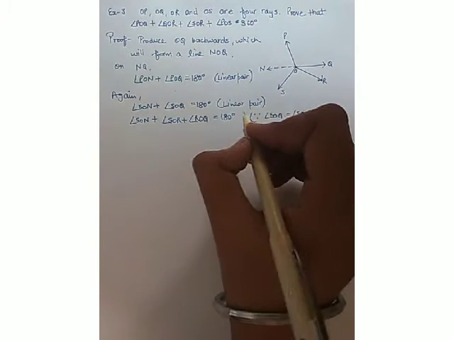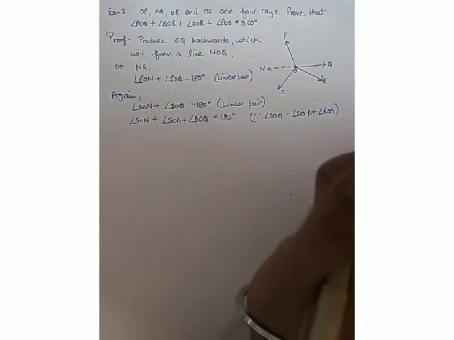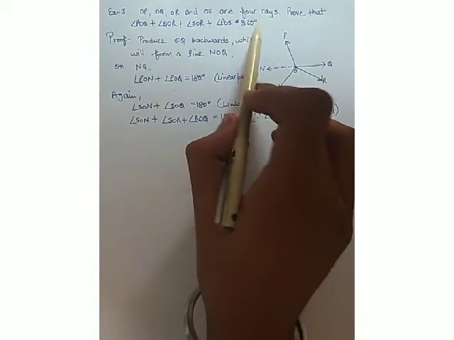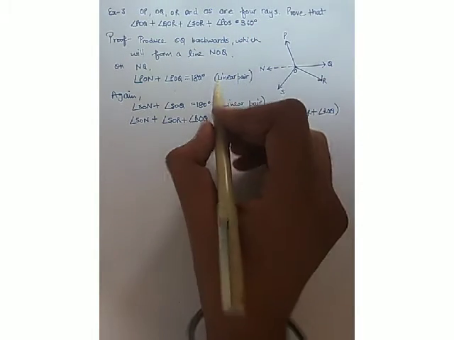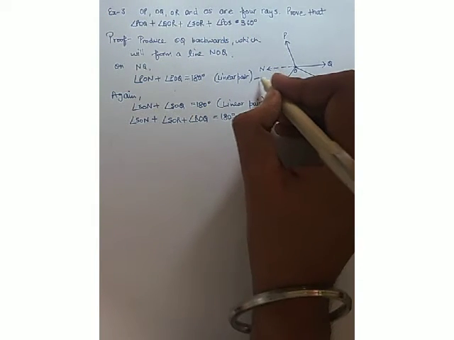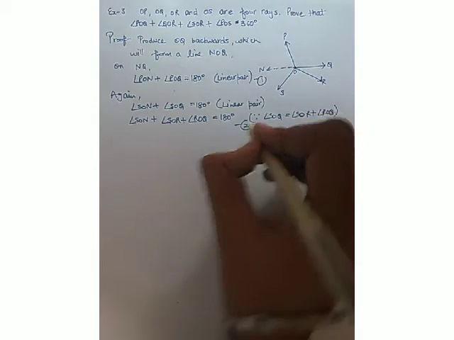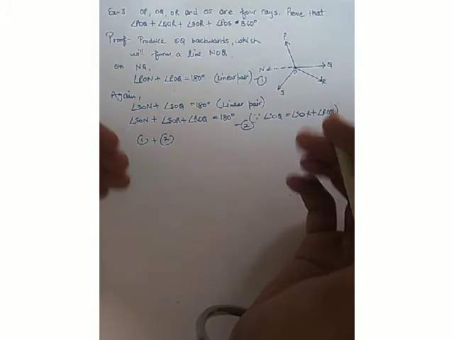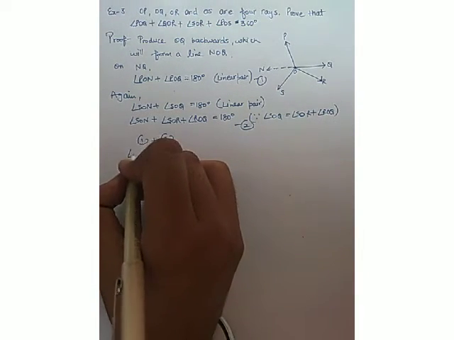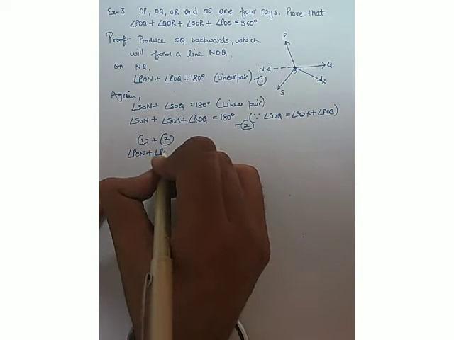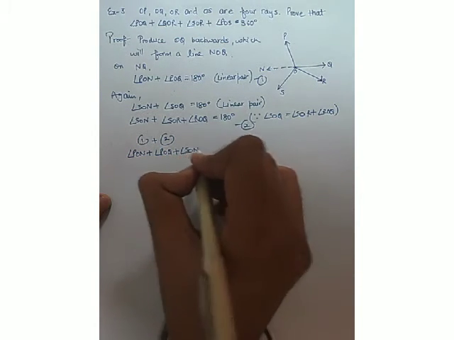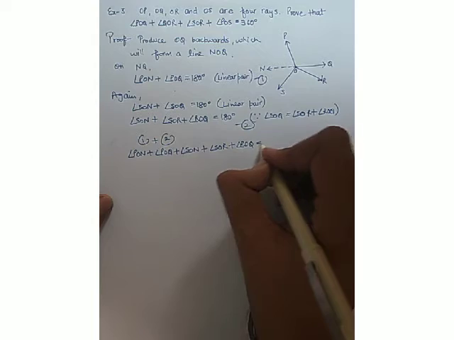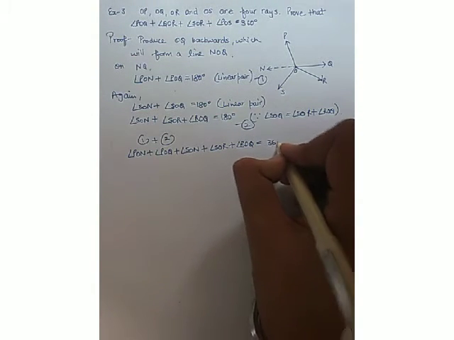Now we will add both of these equations. Now don't cram anything in mathematics, especially in geometry. Why do we have to add? Because the statement that we require on the right hand side is 360, and we can clearly see that 180 plus 180 will be 360. That is why we will be adding equation number 1 and equation number 2. Left hand sides will be added and right hand sides will be added as well. So the left hand side, that is angle PON plus angle POQ plus angle SON plus angle SOR plus angle ROQ, is equal to 180 degree plus 180 degree, that's clearly 360 degree.